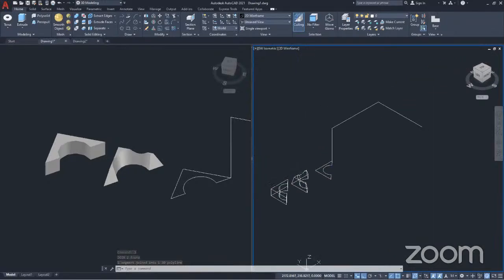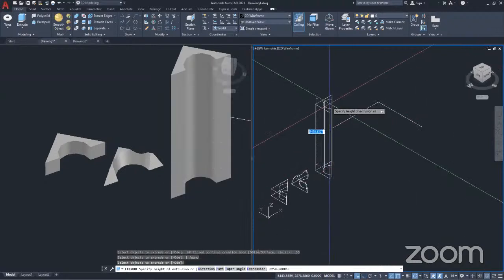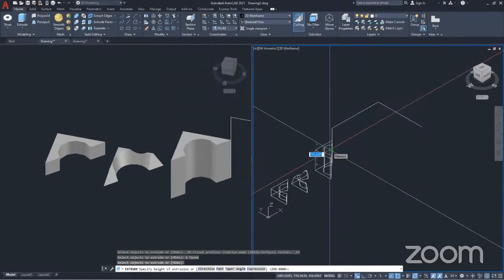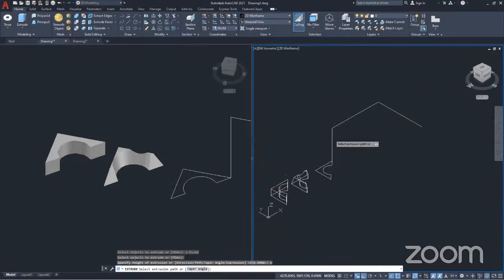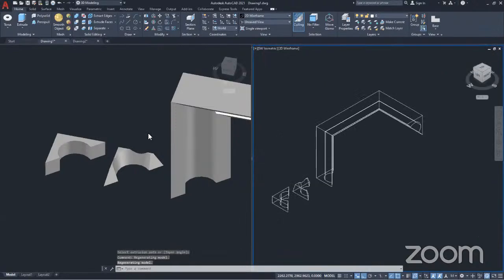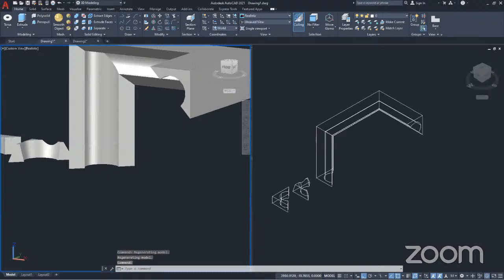So now let's move this along this path. So we have to extrude it along this path. So now let's see. I select the extrude command, and I select the object to extrude, and then enter. Now you see it going on its own, but I don't want that. I want to extrude it along this path. I want it to follow this path. Now let's see what will happen if I select the path option and then select this. So you see, it's been extruded along that path, like so. So we have a funny looking shape